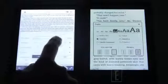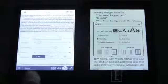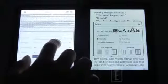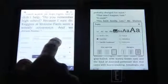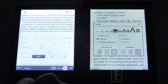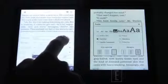However, the Kobo Glow actually has a lot more settings because you're not dealing with hard press software buttons. You're dealing with an entire slider bar. So things can start getting pretty customized. That's a little extreme, but you have a lot more settings along this bar than just 8. So I think it's a lot more customizable, especially with the line spacing. Line spacing and margins don't really work on side-loaded books, as we've just demonstrated, but you do have